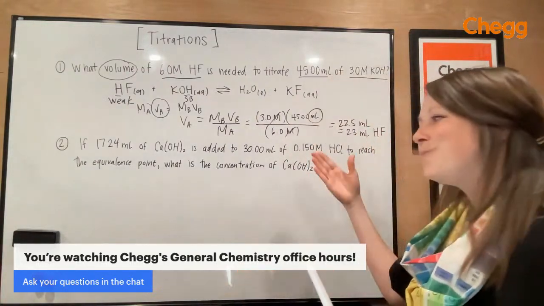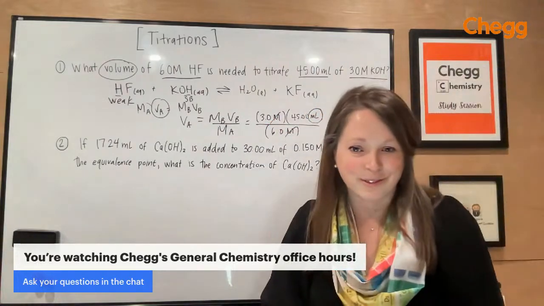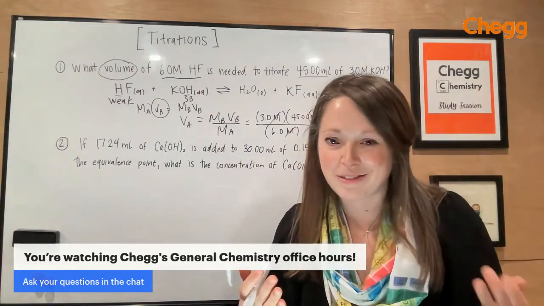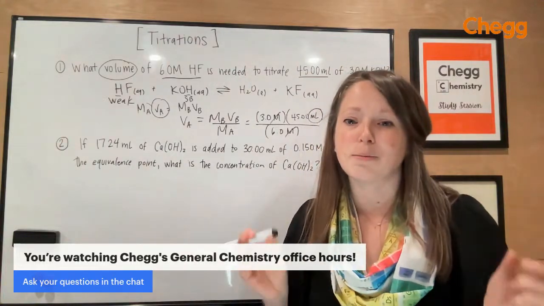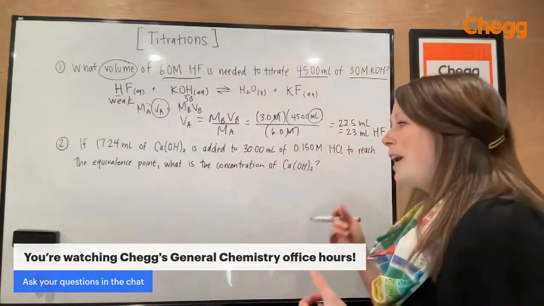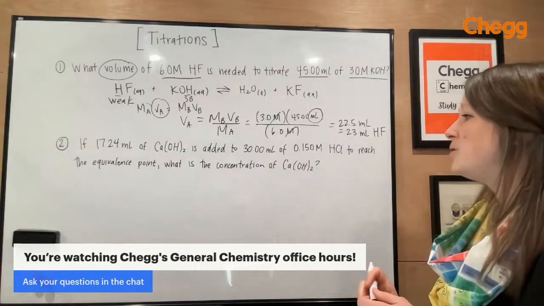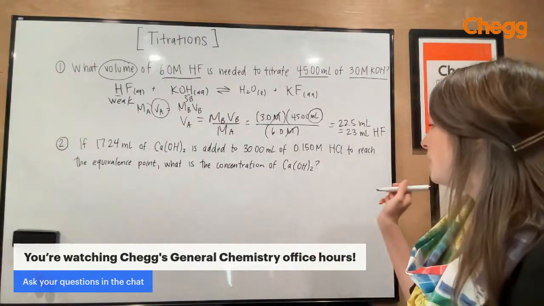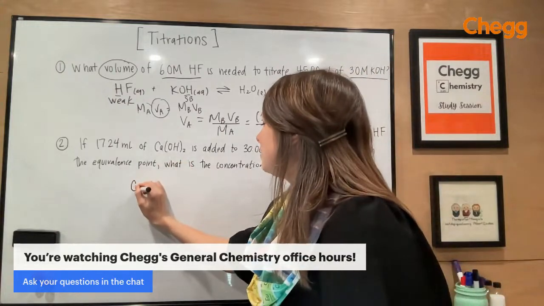All right, so that was pretty straightforward, right? If you have a 1-to-1 ratio, the molarity of the acid times the volume of the acid equals the molarity of the base times the volume of the base because the moles are equal. What happens if you don't have a 1-to-1 ratio, though? So in the second example of just calculating the concentration of an unknown solution, we have calcium hydroxide